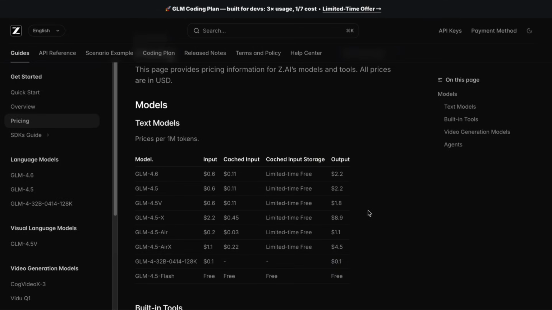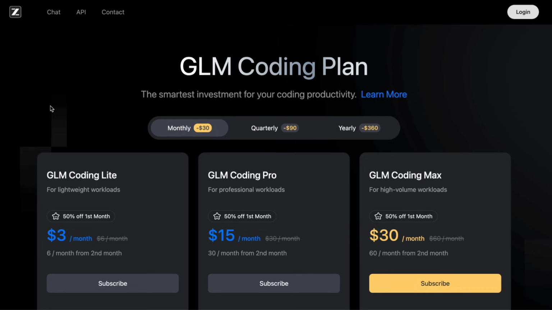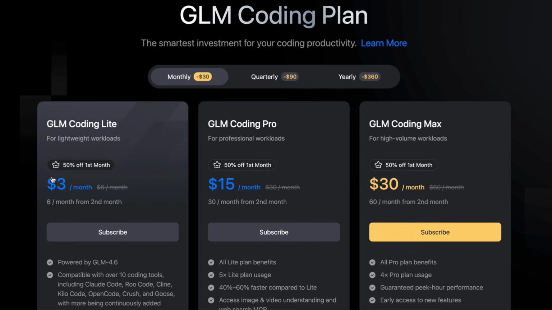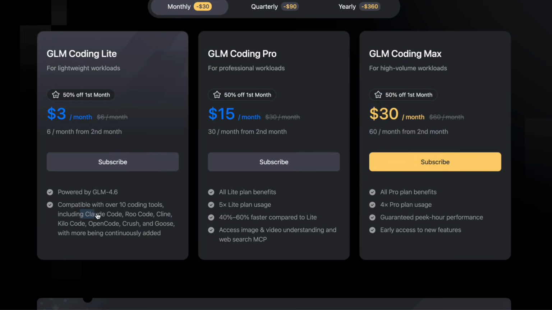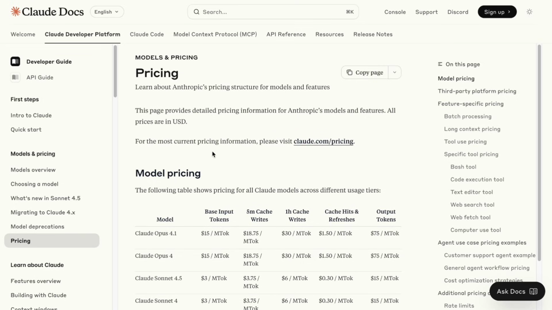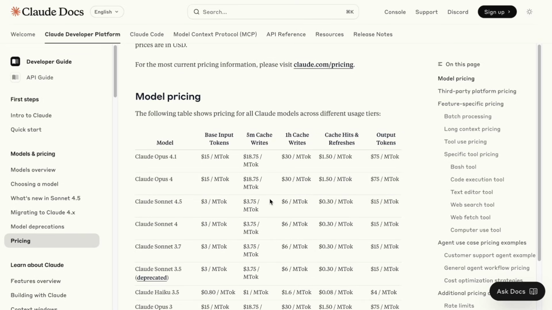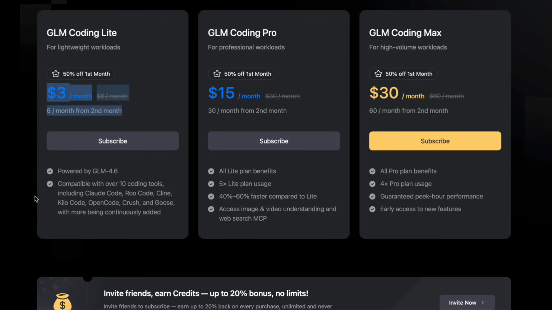And also Zhipu AI offers something called a GLM coding plan, which is a subscription specifically designed for developers. It starts at just $3 per month. That gives you access to use GLM 4.6 in popular coding tools like Claude Code, Cline, OpenCode, and RooCode. When you compare that to what you would pay for similar access to Claude models, the value positioning is kind of insane. They are basically saying you can get Claude level performance at 1/7 the price with 3 times the